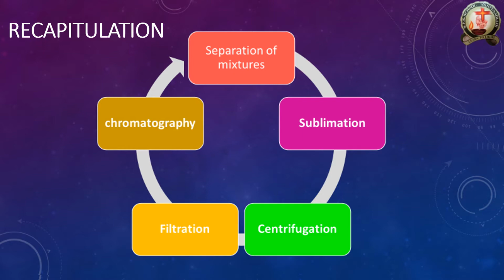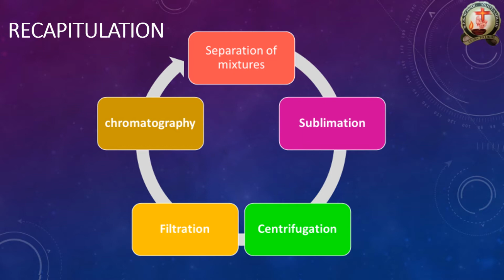In the previous video we learned about a mixture, and how we separate a mixture into pure compounds. We have so many techniques, but in this new book only four methods are given. Now I'm going to explain the methods we learned in the previous section, but our aim is to separate a mixture. The first process is sublimation, second is centrifugation, third is filtration, and fourth is chromatography. I think you are very aware of those four subtitles.